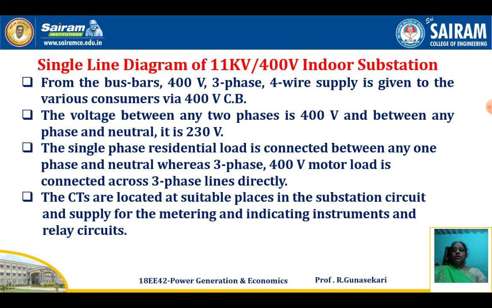Okay, so from this lecture video you understood the bus bar arrangements: single bus bar arrangement, single bus bar with sectionalization, then duplicate bus bar arrangement. Single bus means only one bus. Then single bus bar with sectionalization means the single bus bar is divided into 2 sections, so that is called a single bus bar with sectionalization. The duplicate bus bar means a main bus bar and a spare bus bar, and we have to use a bus coupler. Another one is the single line diagram.